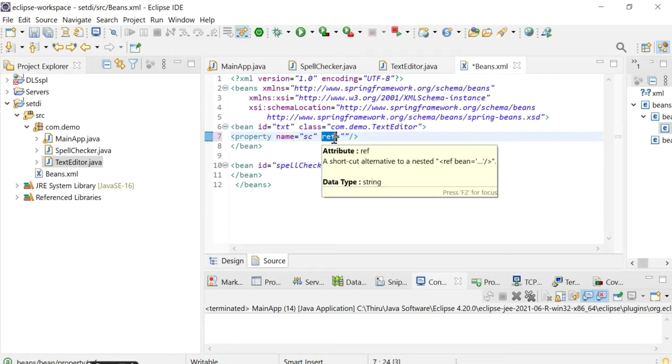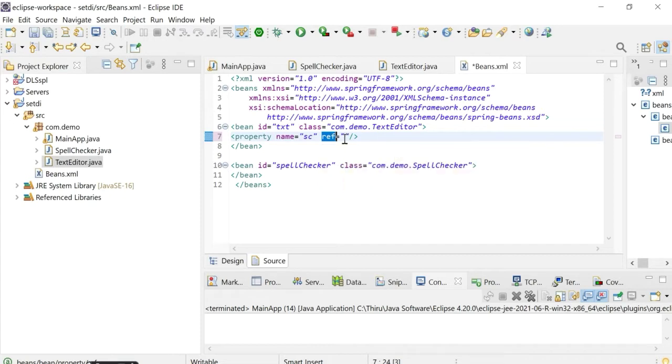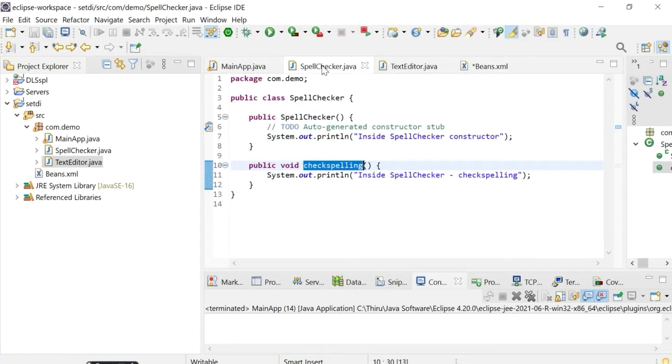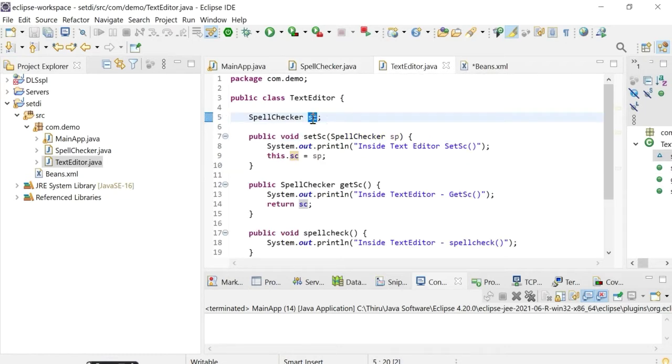Since it is an object reference variable, we use the ref attribute here, and for the value we need to give the object. In the text editor, sc is the reference variable of spell checker.